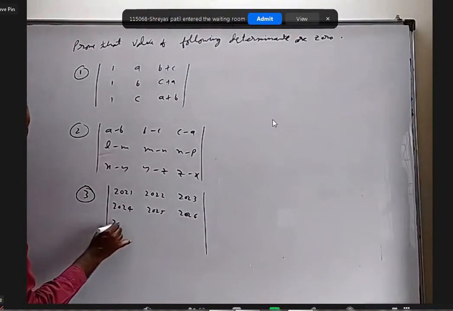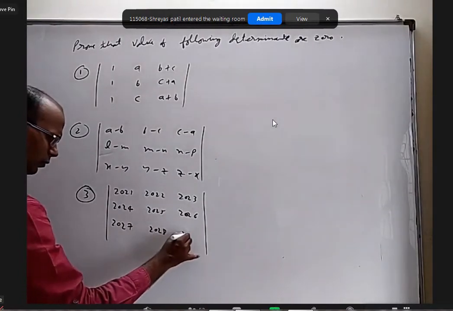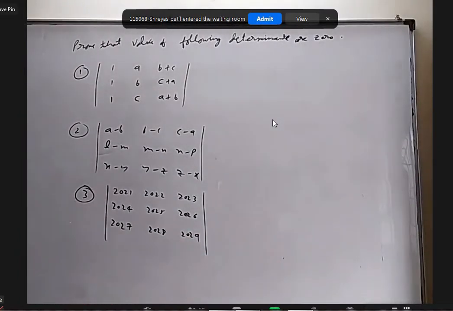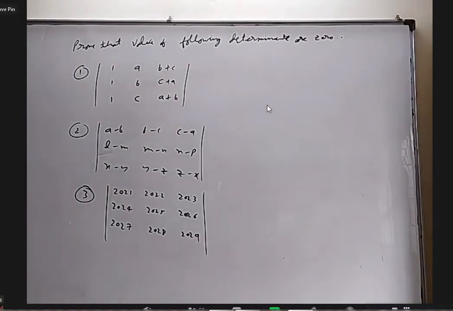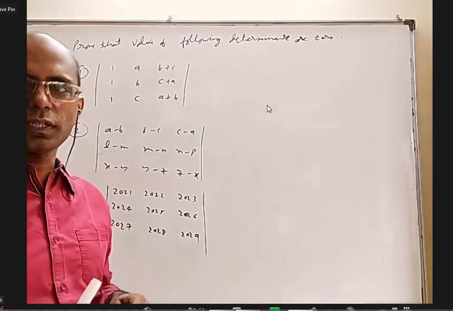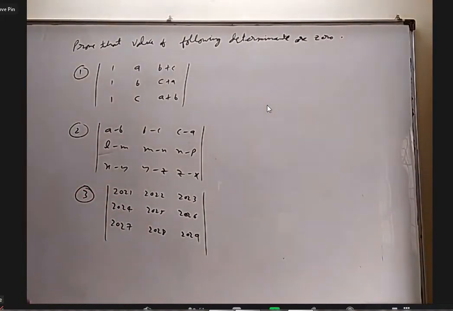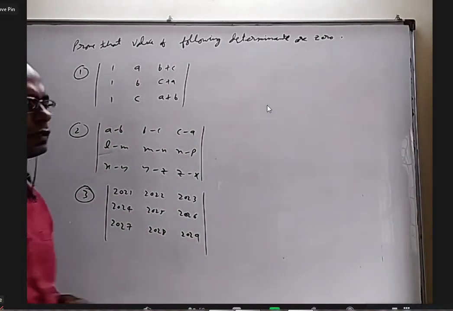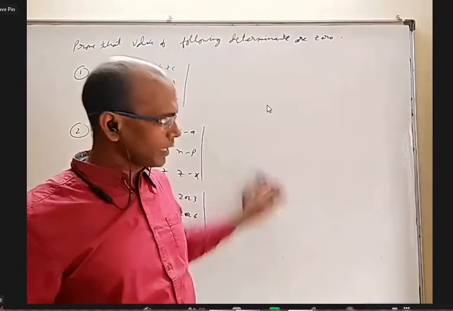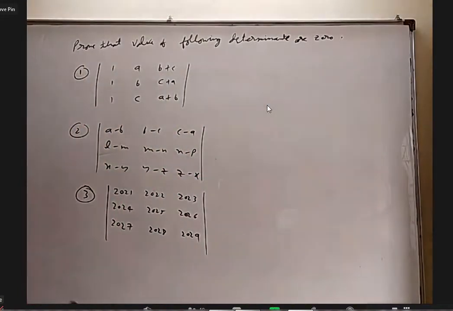Sir, one doubt. If a matrix has a row like 0, 0, 0, and the others are 1, 2, 3 and 3, 2, 1, column wise, will the determinant be 0 or non-zero, sir? That 1, 2, 3, 3, 2, 1 doesn't even matter. If one row is 0 or one column is 0, the determinant is 0. Sir, if in the 0 place we keep 1, 1, 1, with 1, 2, 3 and 3, 2, 1? As long as the rows are in AP, that is 0. That is one of the questions I'm going to ask. Okay.